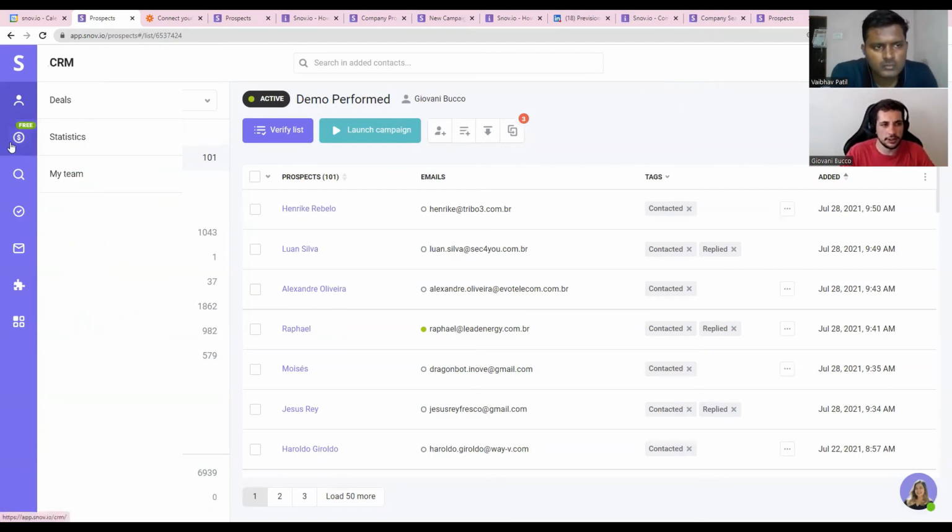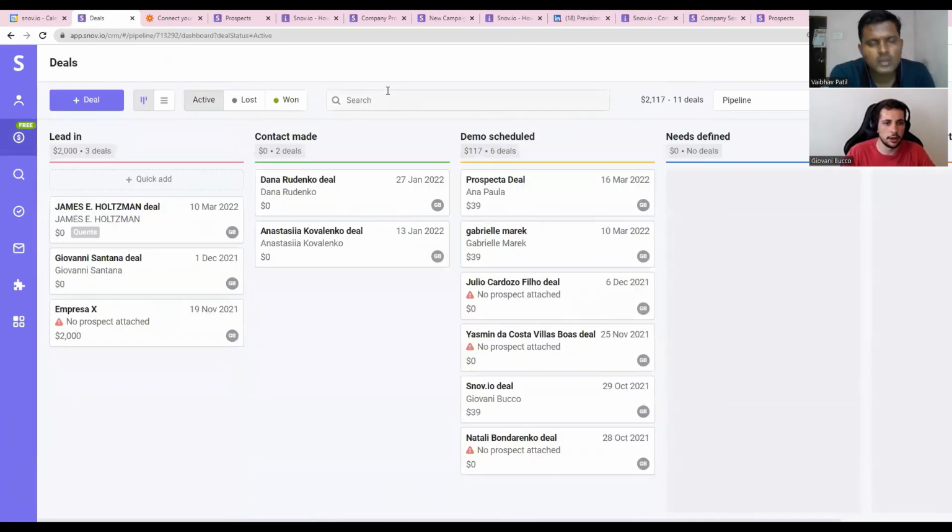But our goal is soon enough, not this quarter, but the next quarter, to start using our pipeline as well, our CRM as well. It's the initial stage, right? Yeah, in the initial stage, but once it is perfect, then you do not need to use Pipedrive or other integrations. You can just track everything from here too, right? Yeah, perfect. That's the idea.